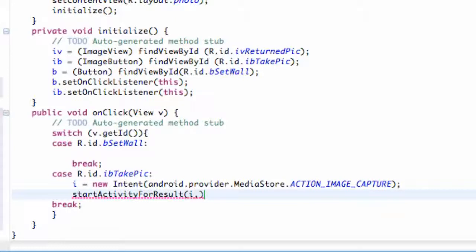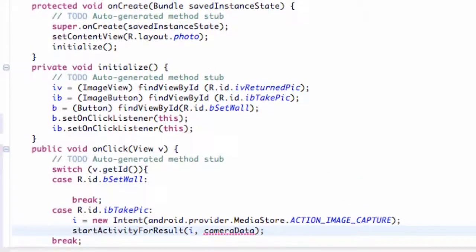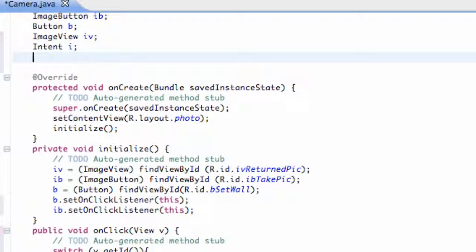And then we're going to hit a comma and basically set up a variable that's going to collect the data. And it's going to be an integer type variable. So we're going to say cameraData is what we're going to call this variable. And we're going to set this up. Since we don't have a variable yet called cameraData, we're going to again set this up above our classes. So we're going to say int for integer and cameraData, and we're actually going to set this equal to 0, and you guys also need to say final static,